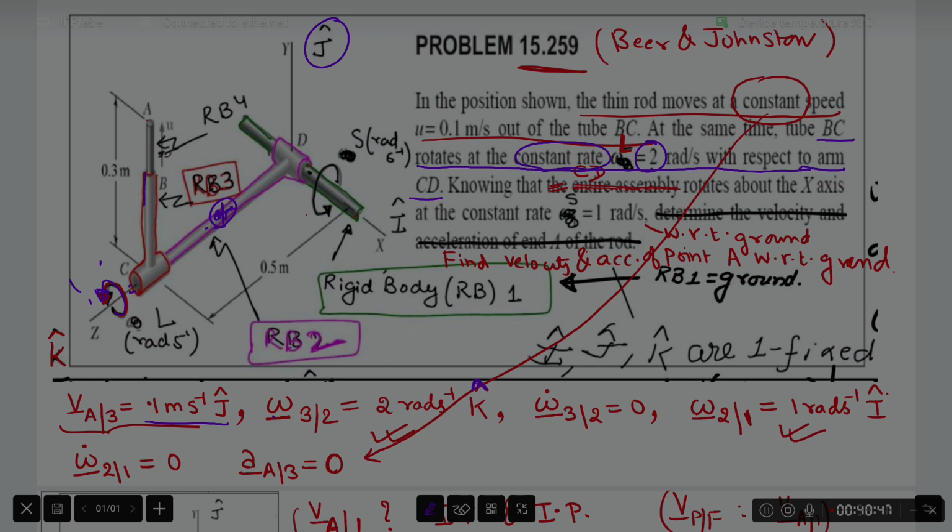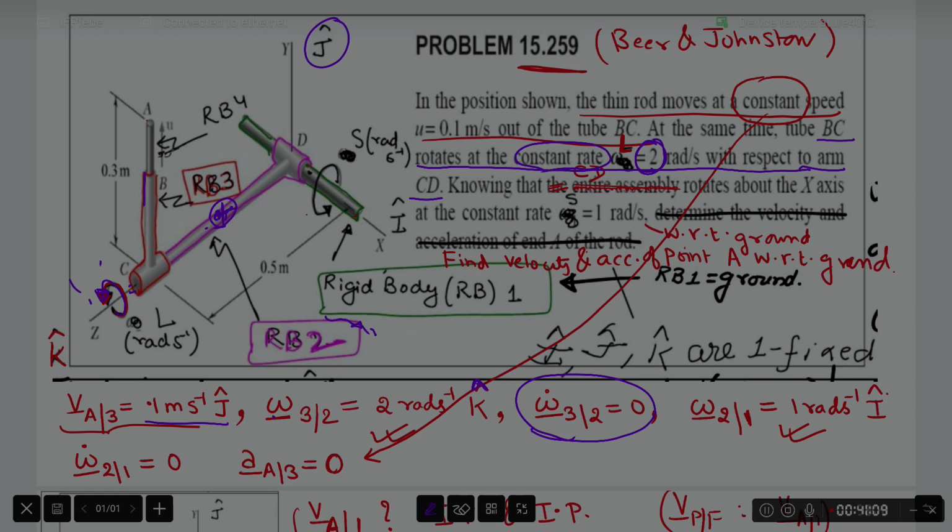So for him, omega 32 magnitude doesn't change, it remains 2 radian per second, and its direction also remains the same, that is along the purple tube itself. And that is why I am saying that omega dot